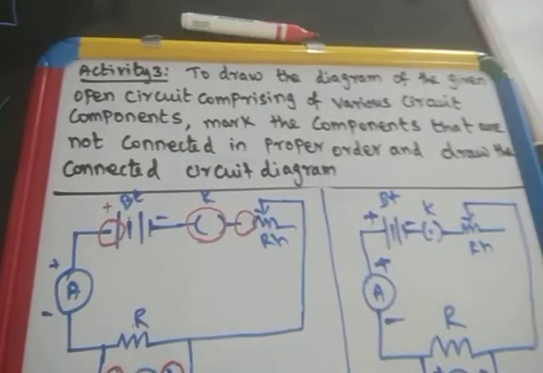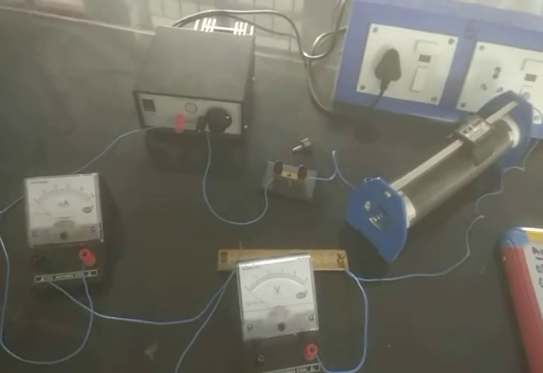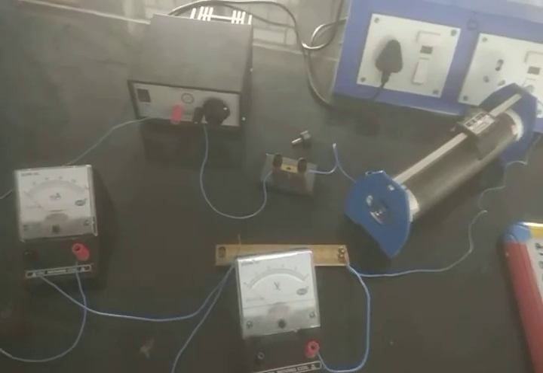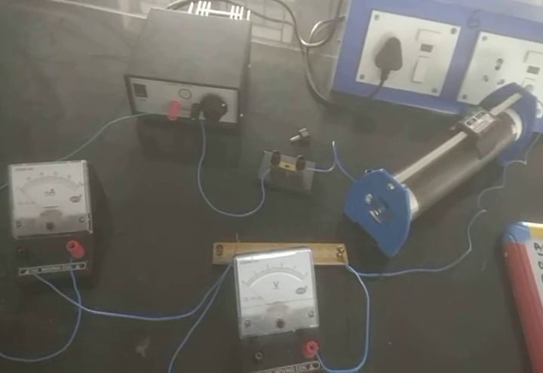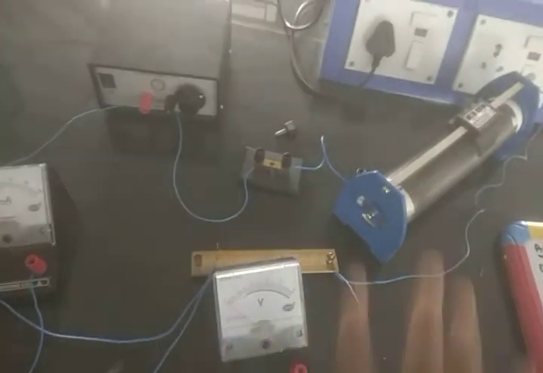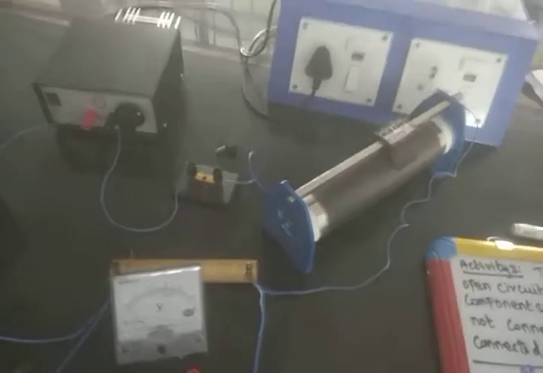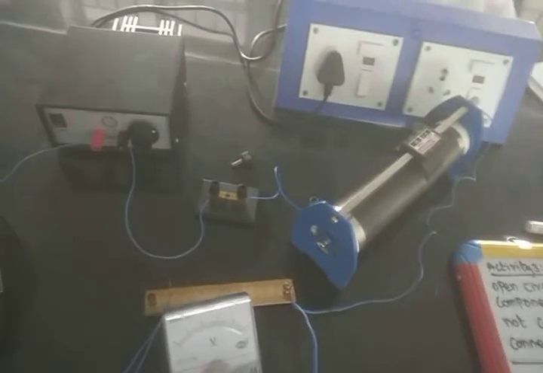So what is this activity? In this activity, a wrong circuit is given, already connected, and given to you. You have to check whether the connections are proper, whether the polarities are properly connected, and all those things. Make sure you reconnect all those things properly. Then you have to show it to your external examiner, switch on the battery and everything. You have to show that the ammeter is showing some reading and the voltmeter is also measuring the reading. If you show like this, this activity will be over. That is the activity we are seeing in the previous one.